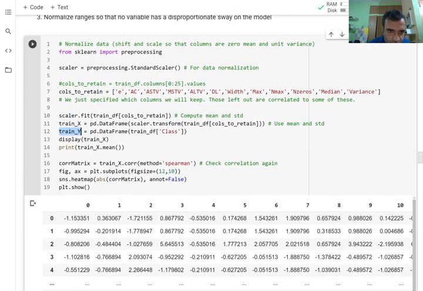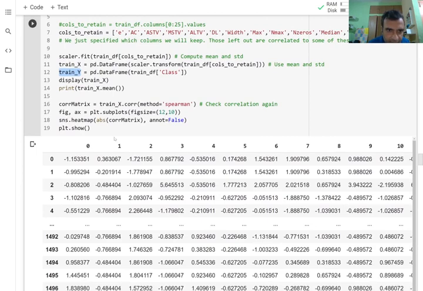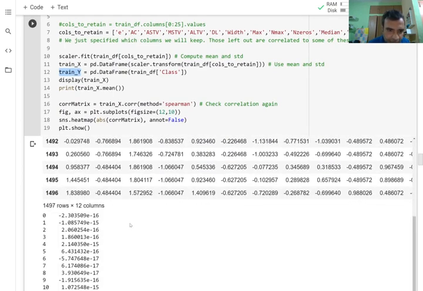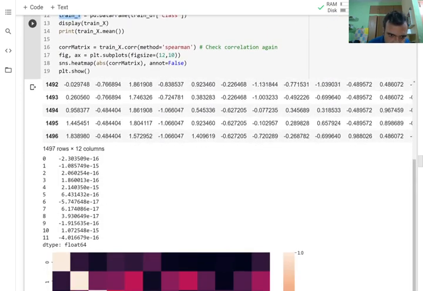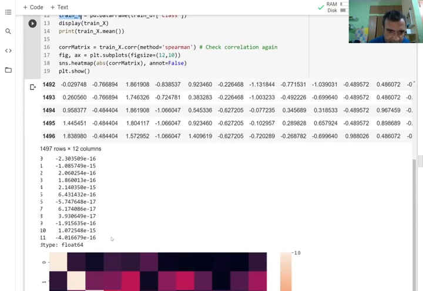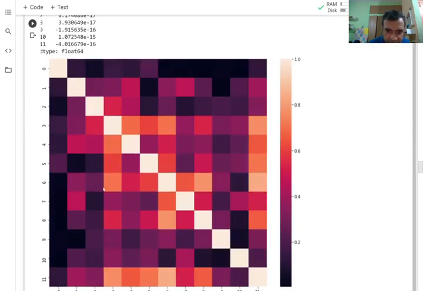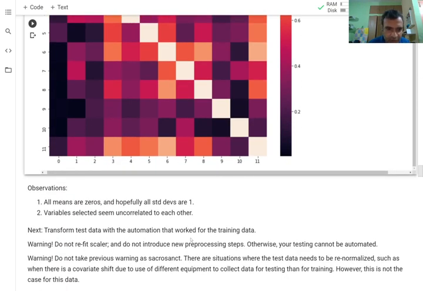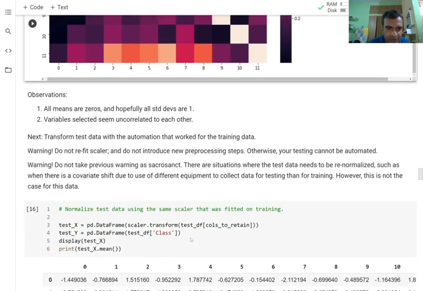So now I want to show what is X. Now it is transformed. You can see all ranges are similar, and I will also print their mean. And then I will look at the correlation matrix again for the retained variables. So you can see all the means are 0, e to the minus 6, and you can look at the correlation matrix of the retained variables. Only the diagonals have high correlation, which means the variable is correlated with itself. Off diagonals are not close to 1. They have low correlation because I removed all the correlated variables.